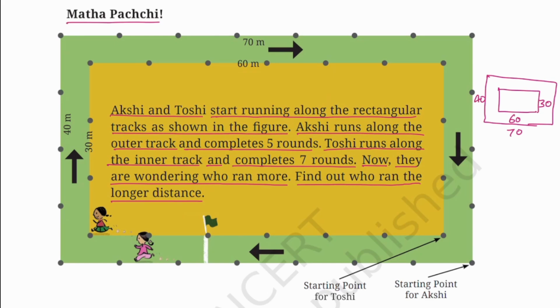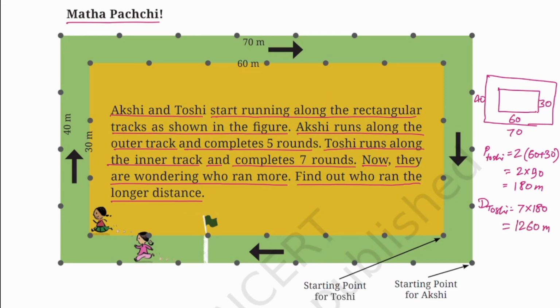Tosi runs on the inner track, so in one round she will cover 2 into 60 plus 30, that is 2 into 90, that is 180 meter. In 7 rounds, Tosi will cover 7 into 180, that is equal to